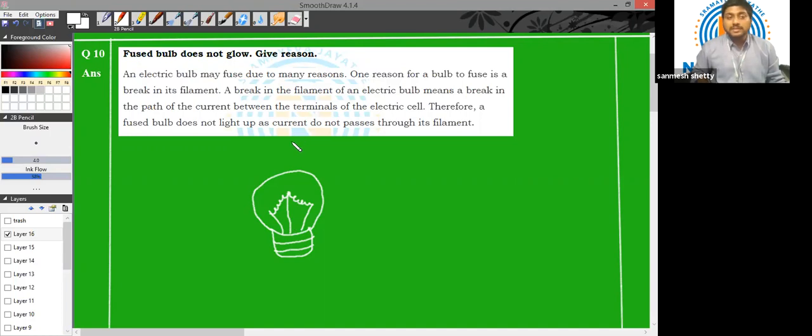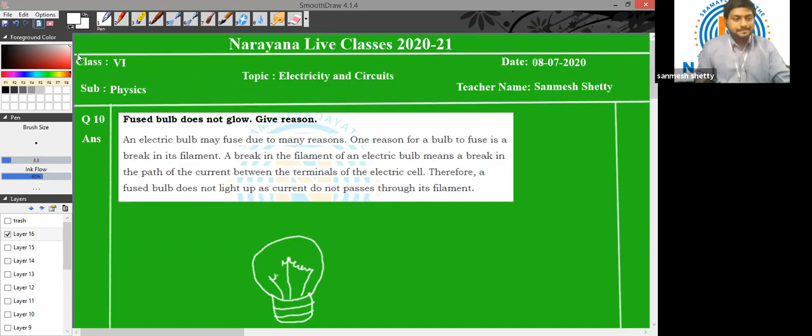Now, sometimes, children, the temperature is so high that this wire melts and breaks. So, for example, if it broke from this particular point, then what will happen? There will be no current flowing through this gap, right? Because there is a break in the circuit. So we can say that the circuit is open. In that case, the bulb will not glow. So a fused bulb means its filament is broken. As you can see, I have written it here.